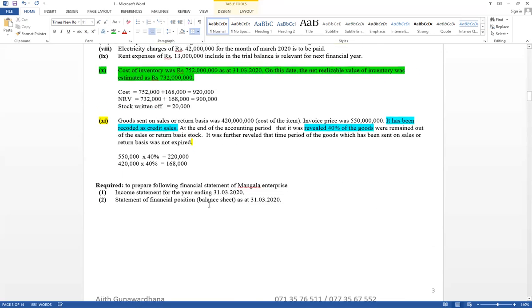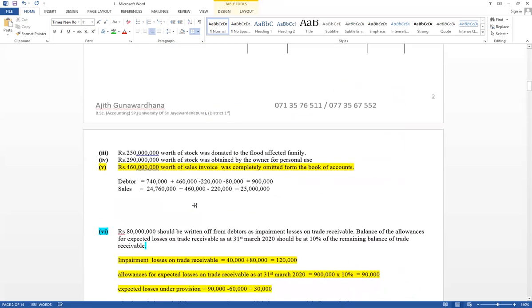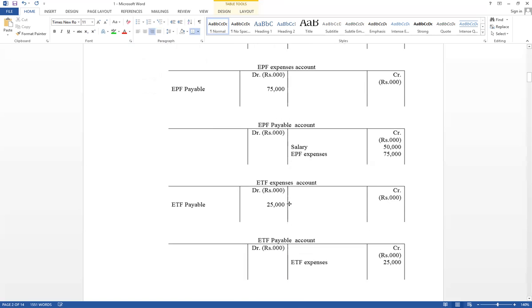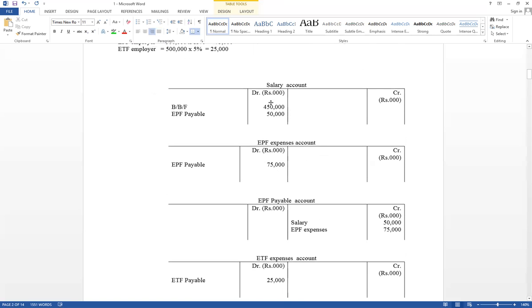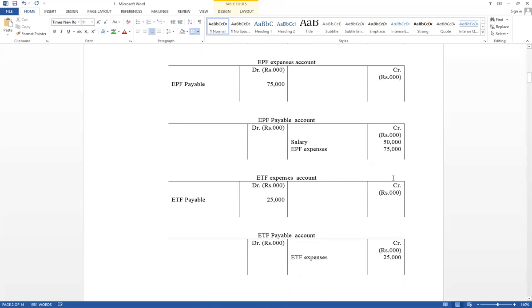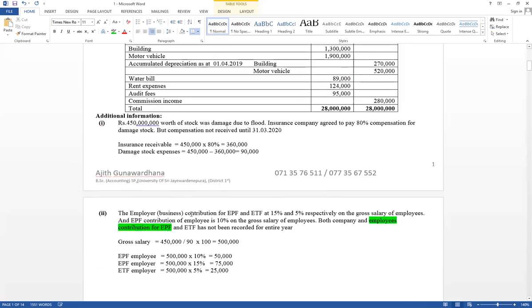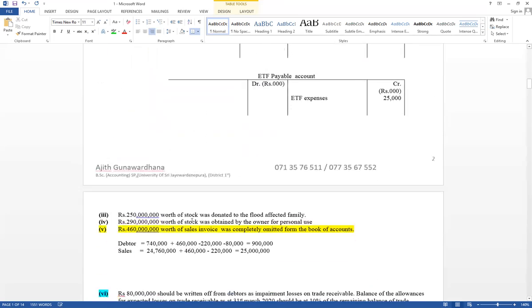Try to recognize gross or net salary. Then think how to calculate gross salary if net salary has been given. Then think how to calculate value based on gross salary. Then think how to record in the ledger accounts. There are 3 expenses: salary expense, EPF expense, and ETF expense. EPF payable and ETF payable are liabilities. And then the second adjustment, okay. And the third one,